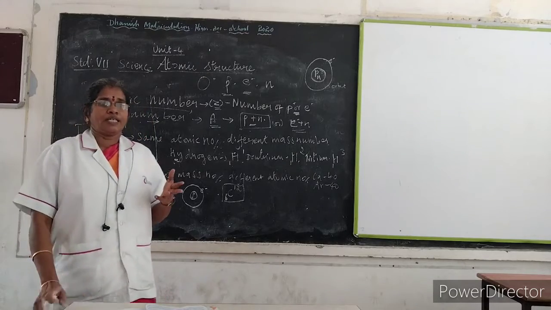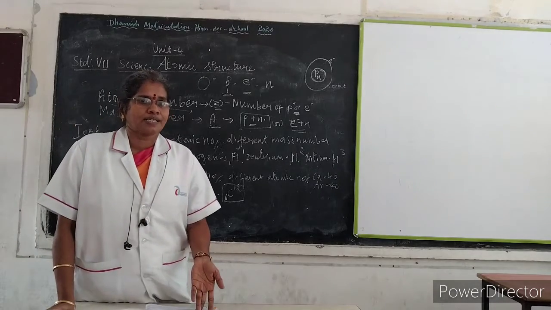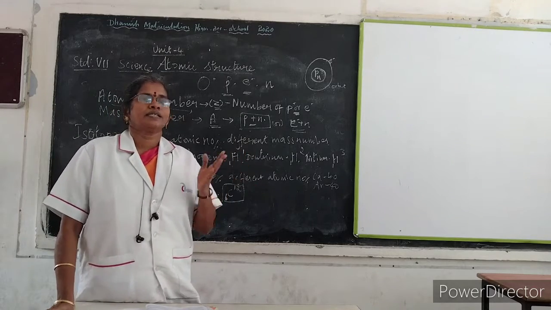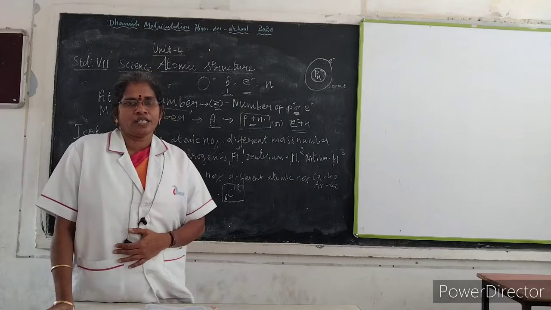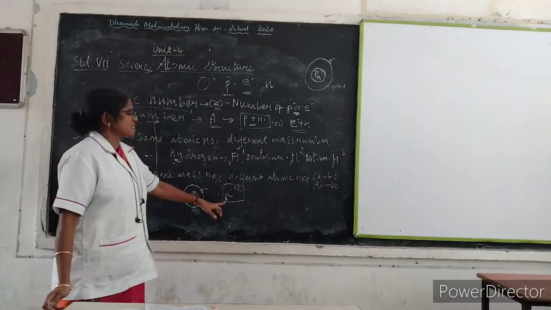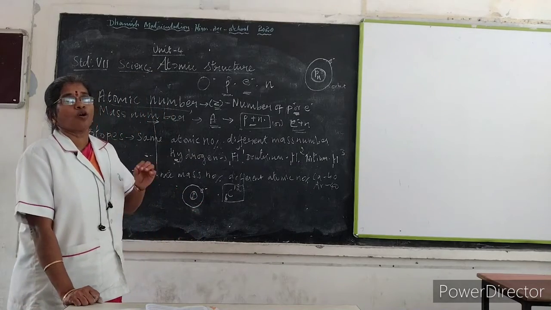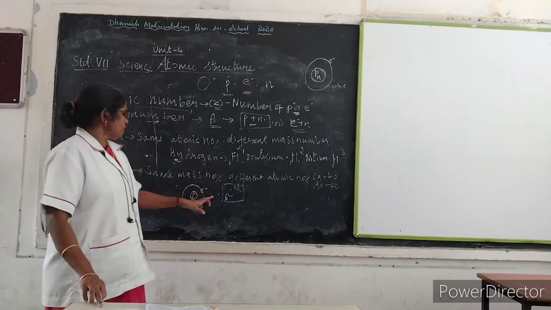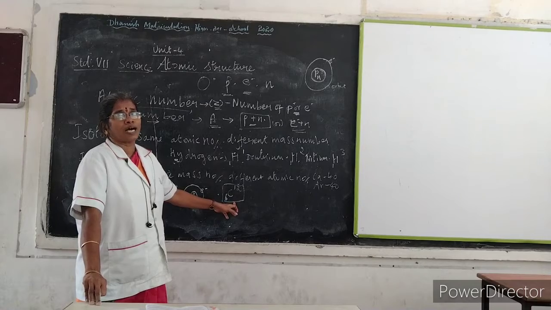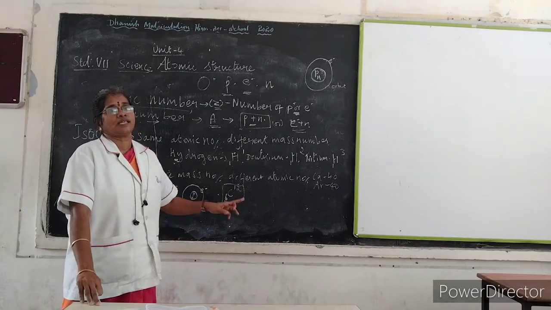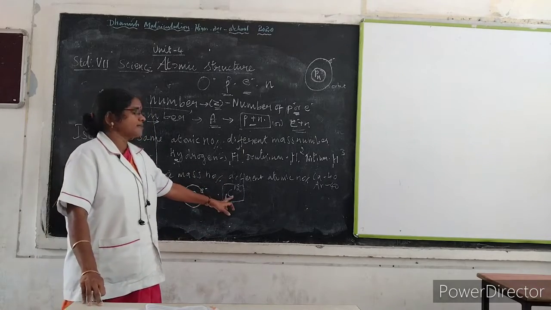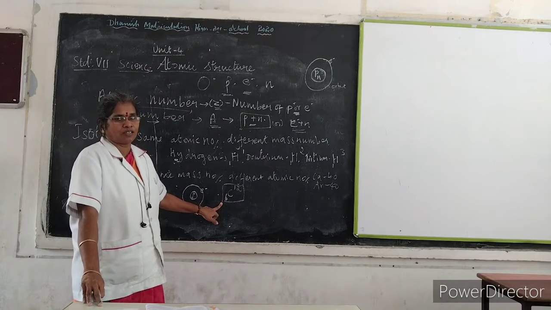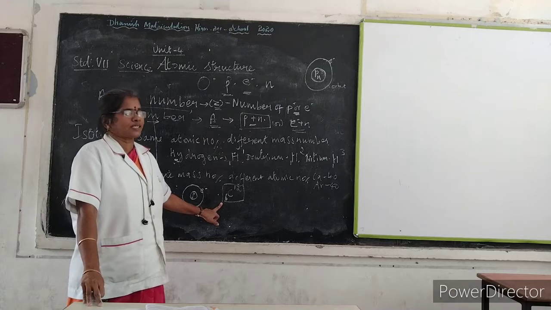We have already studied the symbols in the matter lesson. Hydrogen H, helium He, carbon C, aluminium Al, like that we have studied, no? The representation of an element in the smallest, simplest way, we call that a symbol. So if you want to write carbon, instead of writing CARBON, you can write C, which has 6 protons, 6 electrons, and also 6 neutrons.